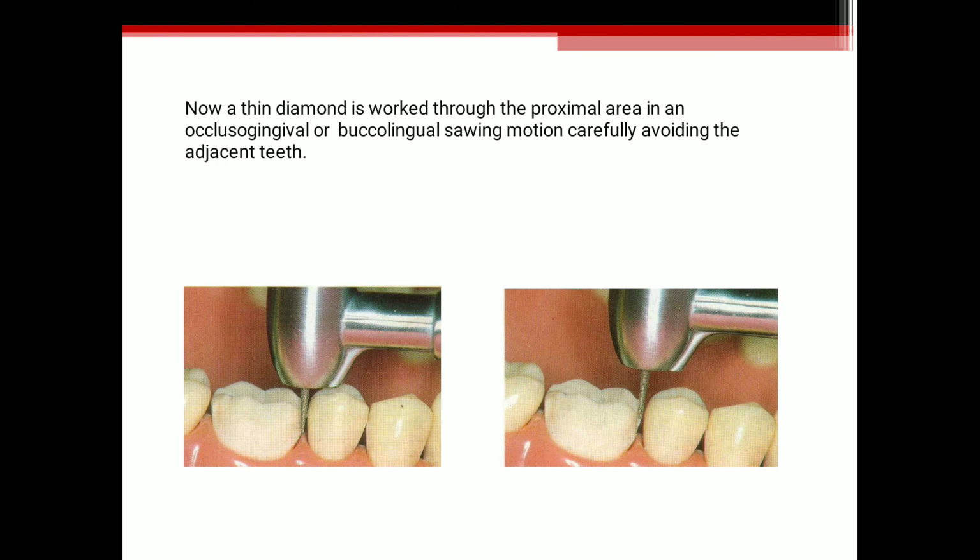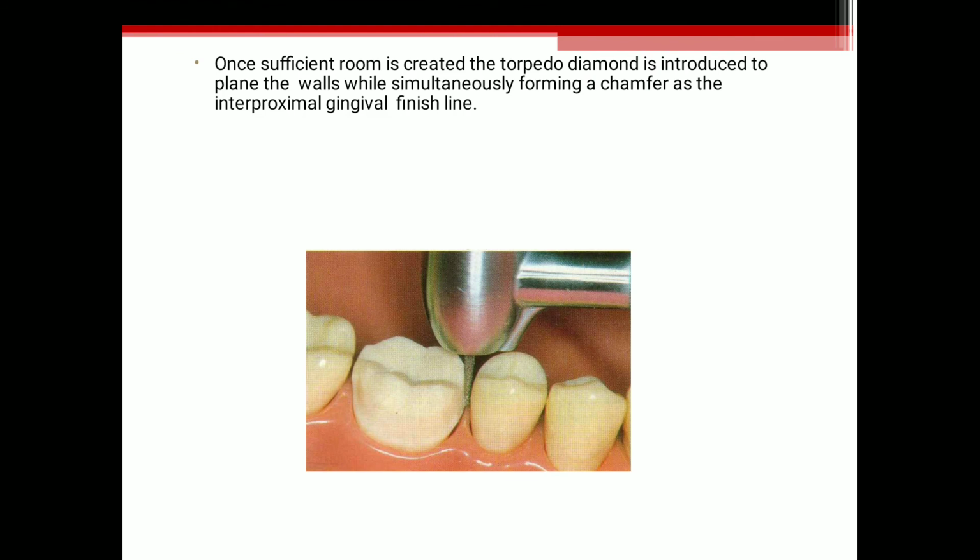For preparing 3-6, you should not do harm to 3-7 or 3-5. Keep that in mind and do the proximal preparation. Then once sufficient room is created, the torpedo diamond burr is introduced to plane the walls while simultaneously forming a chamfer as the interproximal gingival finish line.